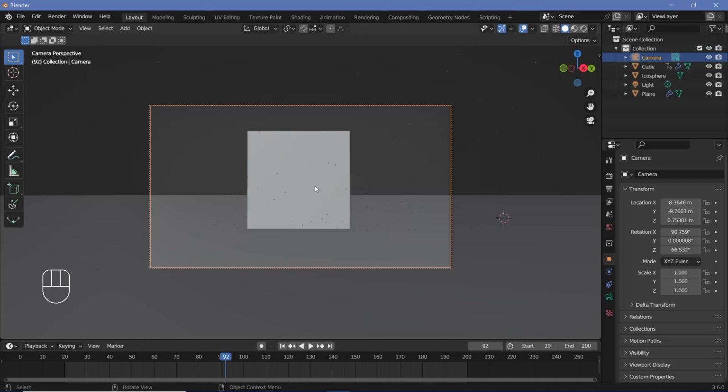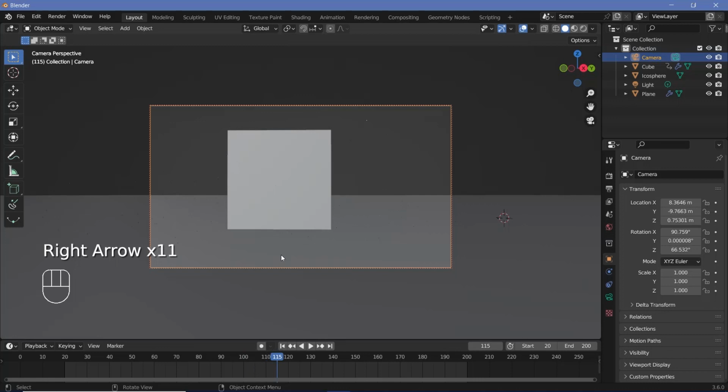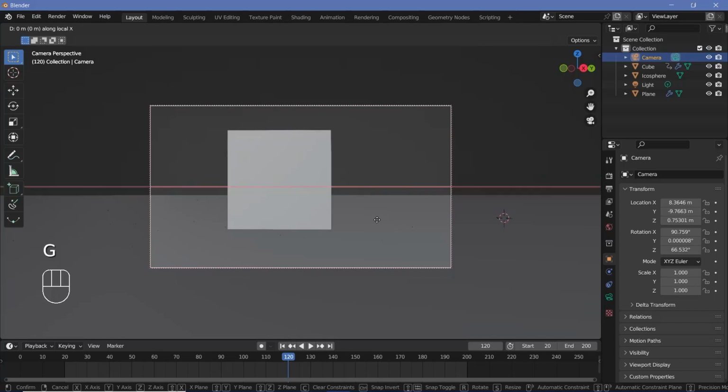And once you're happy with it, you could parent it to an object. But right now, if we actually play the animation a bit, we see that the cube moves away. So it's important that when you place the camera, you make sure that you place it when the cube has finally stopped moving completely. So I think I'm going to have to go to frame 120 and just move my camera around. So I'll press GX twice to move it on the local X axis till it comes out perfectly